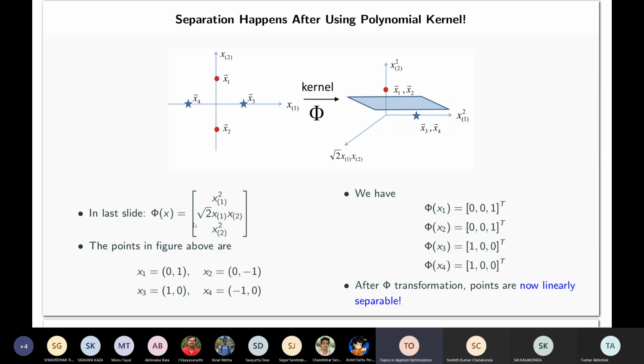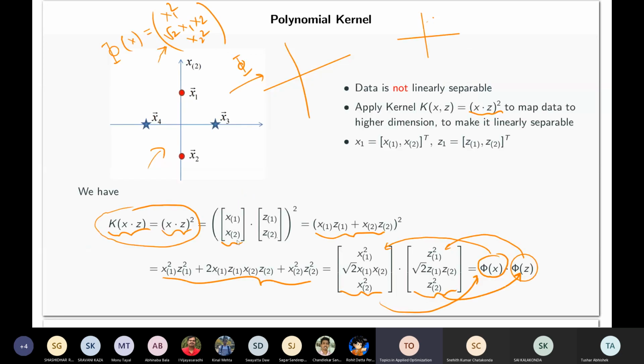But when I have to do actual computations, I will need to do dot products. I will never use phi anyway. Just now I told you why, right? I just need dot products. And how can I compute the dot products? Well, I will compute them by this, because this guy is the dot product of this. So phi x dot phi z is nothing but x dot z whole square. And x dot z can be computed in the original feature space. So that's why this computation is much cheaper